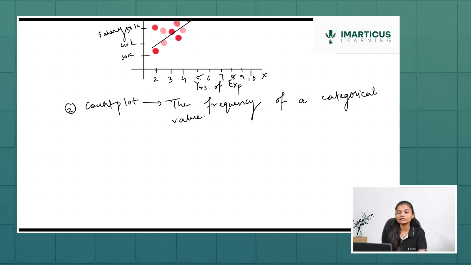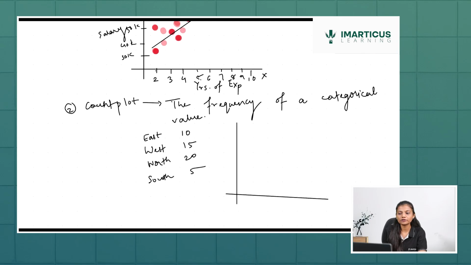Imagine that East as a data value has occurred 10 times, West has occurred 15 times, North has occurred 20 times, and South has occurred 5 times. So this is a frequency. I know that this is how it looks. This is a count of occurrence of each category. But if I want to plot it like this, I will definitely plot on the basis of this. Now, when I try to plot this,